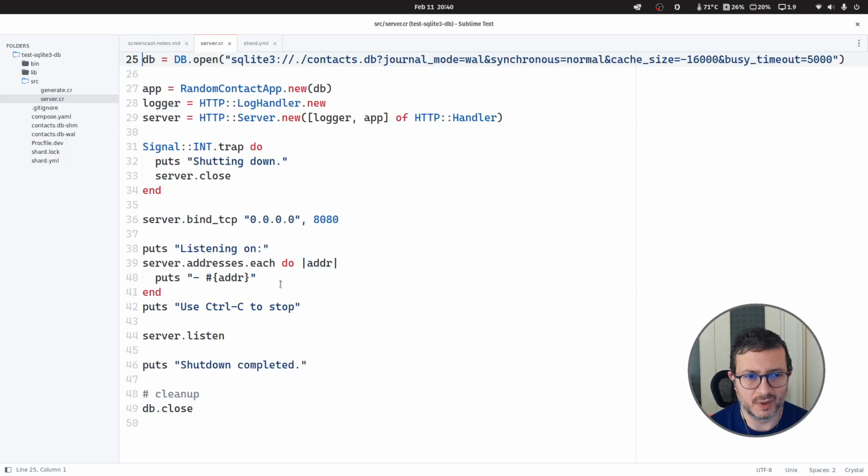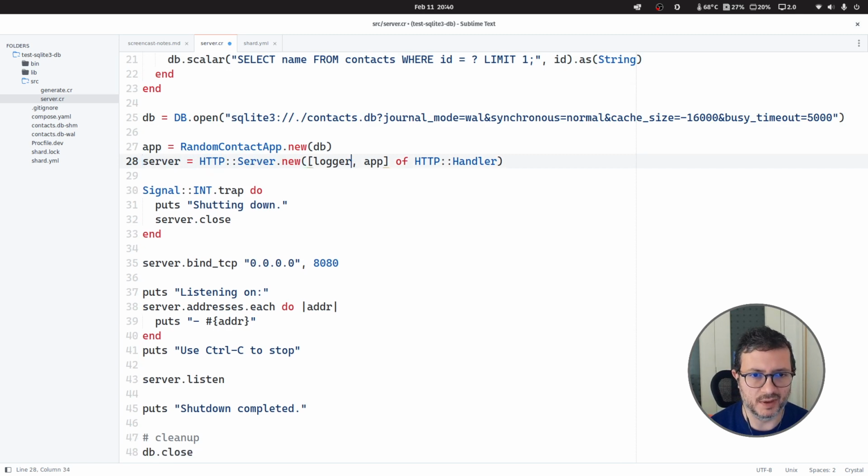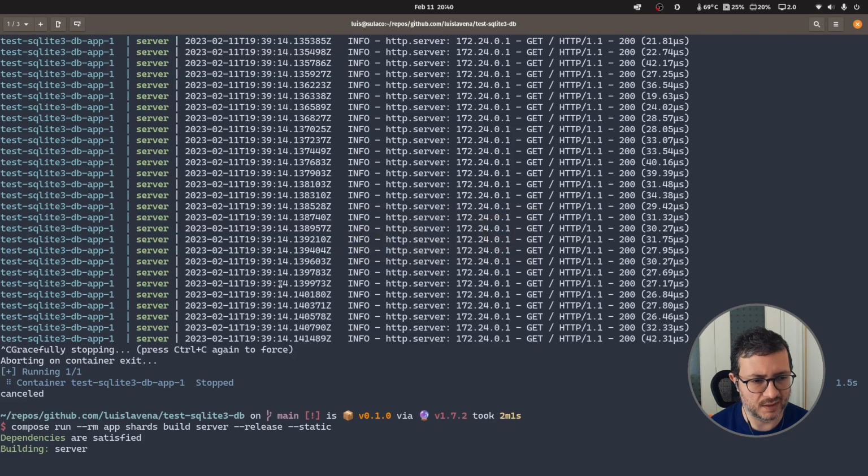Well, that's working. I should come here and remove the logger, but we should benchmark this just for performance's sake. Okay, so that's building. Since it's building in static mode and in release mode, it takes a little bit longer. A couple more seconds. While we wait,